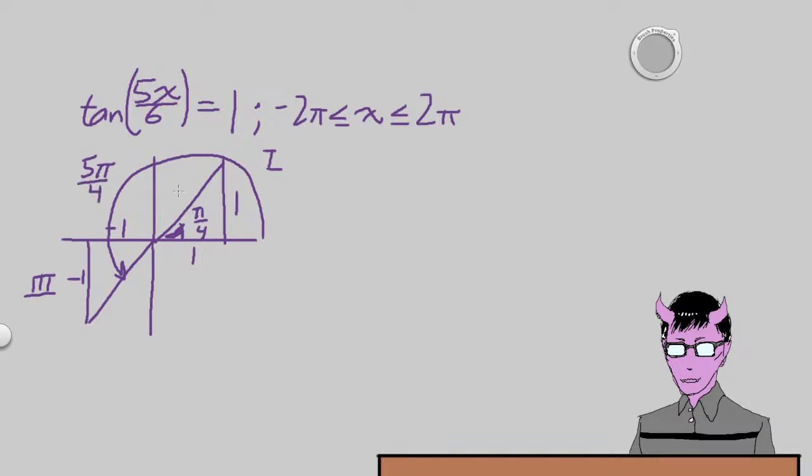Which might not totally be relevant. And let me mention why. Let's just take this answer right here. So we figured that this whole thing, again, just pretend it's one whole angle theta. So this whole thing of 5x over 6, if you make it equal to pi over 4 as an input, then that will produce a ratio of 1 to 1. Alright. But this one is just one of many answers, ignoring the domain restrictions for a moment. So this one right here, in order to capture all the answers, you can... This is going to be the base coterminal angle, the smallest positive angle that will produce a ratio of 1